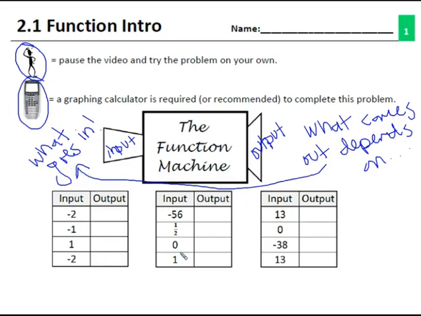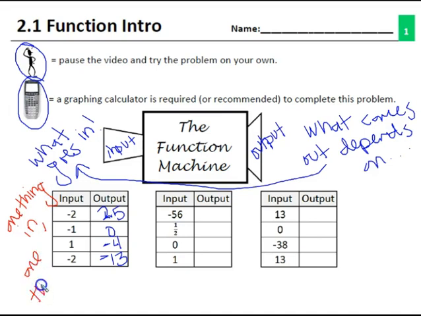And we're going to talk about input, output down here, and actually how to identify what is a function and what is not. So I'm just going to make up some random values. Maybe we'll say 25, 0, -4, -13. Just some random things right here. The idea of a function, since what comes out depends on what goes in, there's a very specific phrase, at least that I use to help me remember this, and that is one thing in,